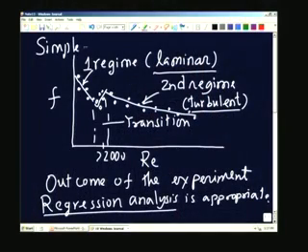In this case, I can do 3 regions. The first one is the laminar, second one is the transition, and the third one is the fully turbulent regime or the range, and then obtain 3 formulae, which relate f to the Reynolds number in that fashion. Therefore, the experiment design, this is a simple experiment, not a factorial experiment like we had earlier, because some parameters can be taken only with few levels, some parameters